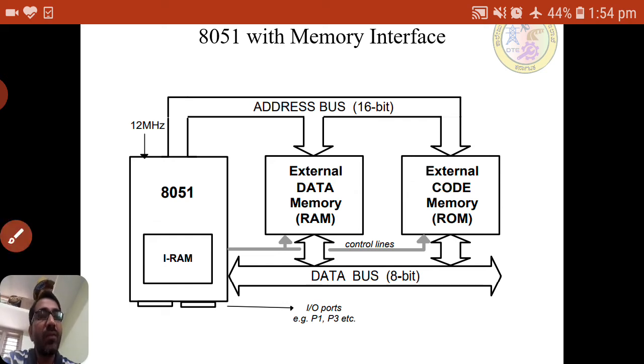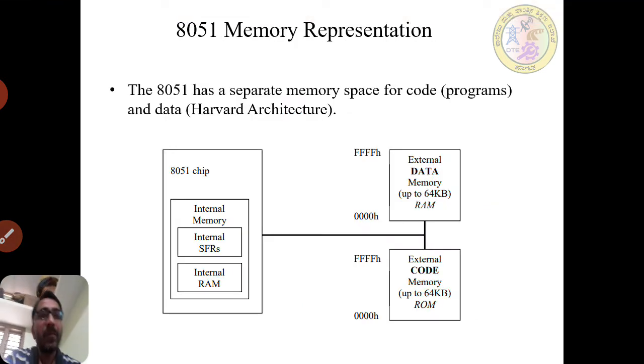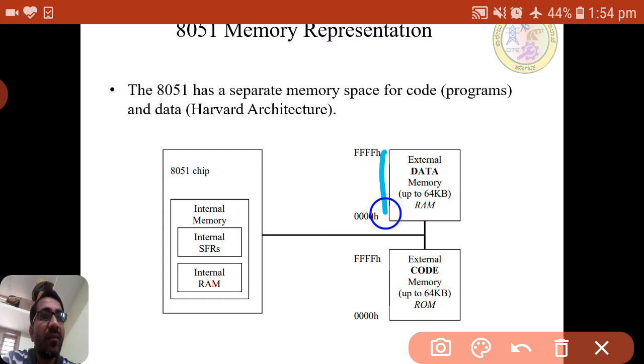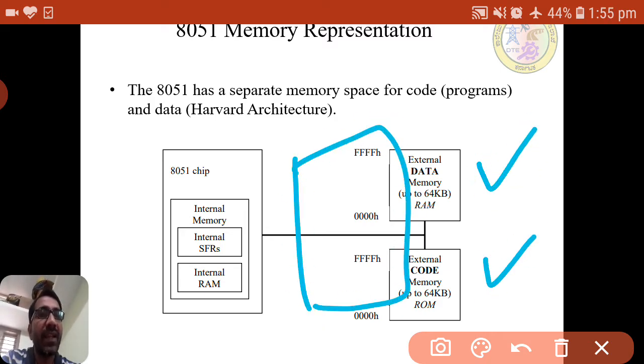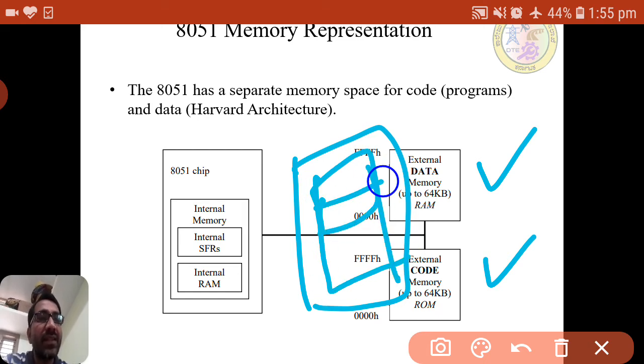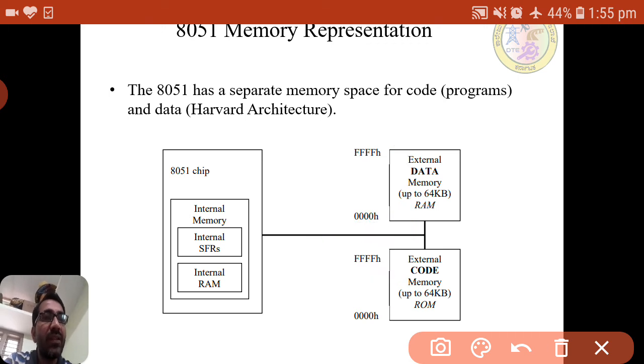Okay, so now we know what memory is and how to interface it, in general. If you come to the 8051 architecture, there is a separate IC for data and a separate IC for program. That means there is a separate IC RAM and a separate IC ROM. Both are not in a single IC, where the same memory is divided for instruction and data. So this architecture we call a Harvard architecture.